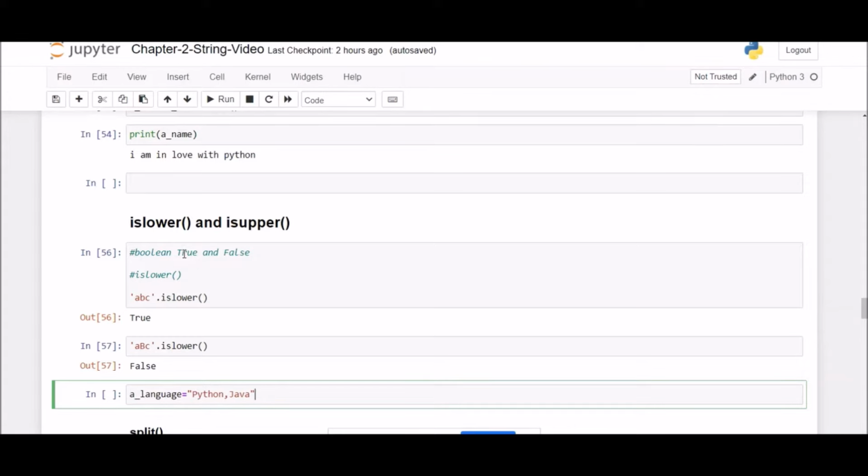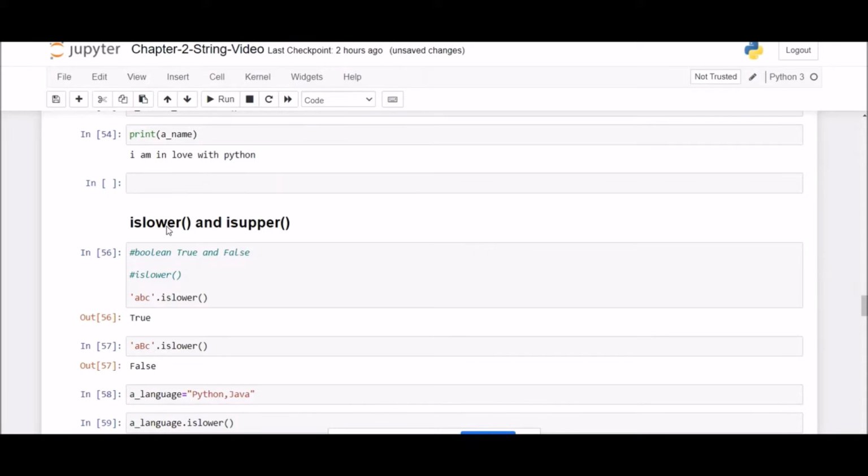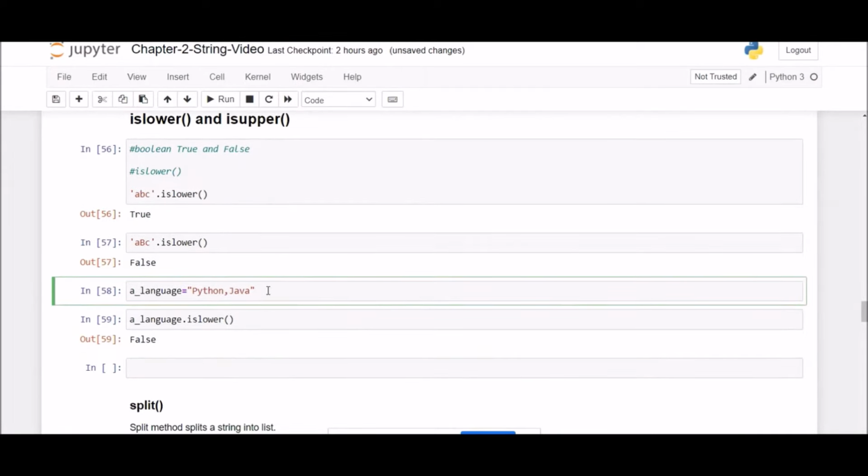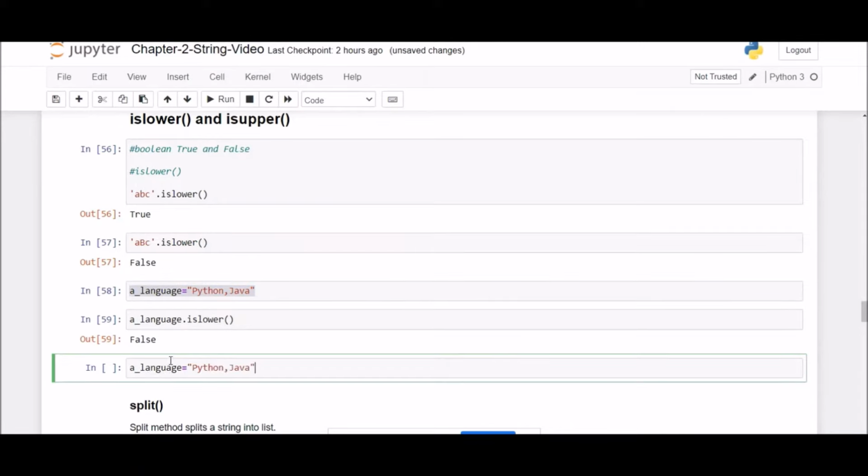Now if I execute this and use the method is lower on this string variable, what should I get? I should get false, because the J in Java is in capital letter. I'll get false.